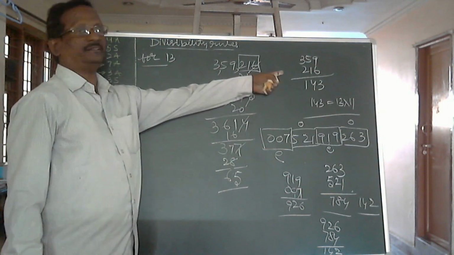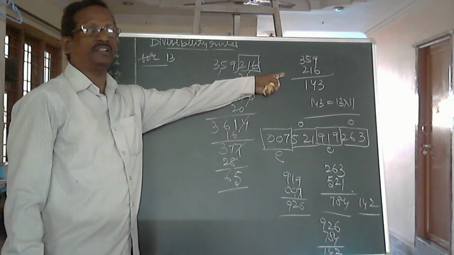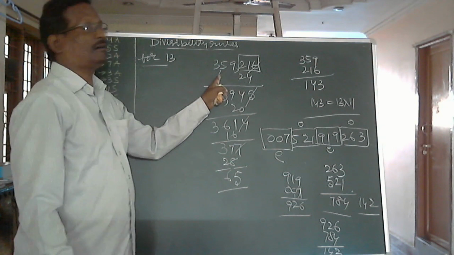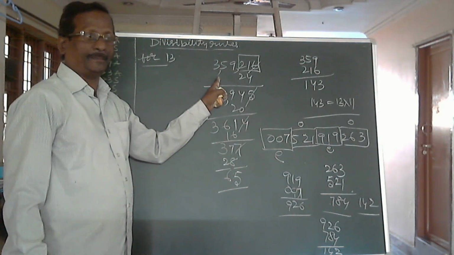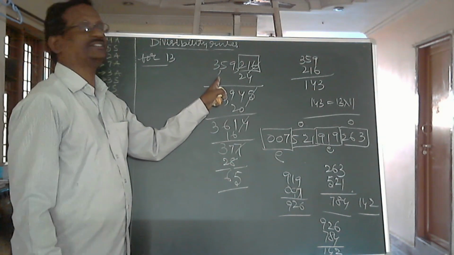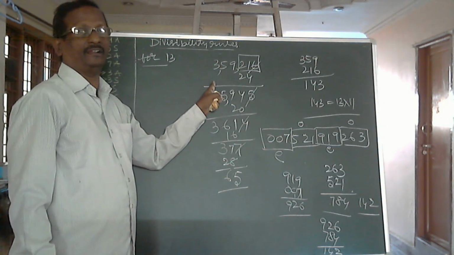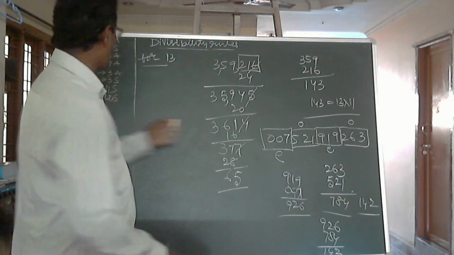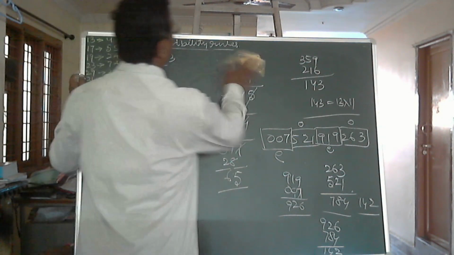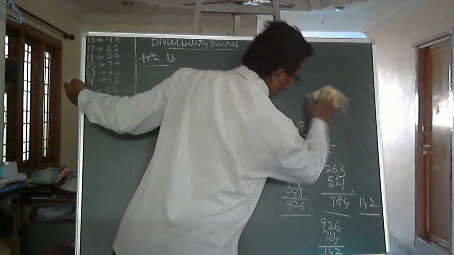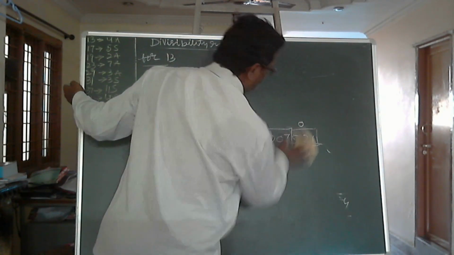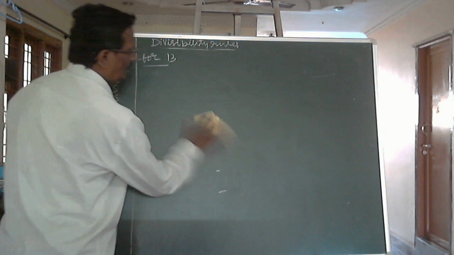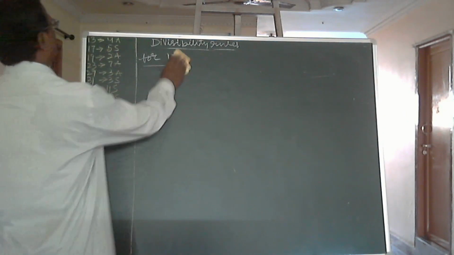So either by dividing the total number into three-digit blocks, or cut the last units place digit, 4 times the digit which we have cut is to be added to the remaining number. Repeat the process till we get a smaller number. Next, prime number 17. For 17, we have to add 5 times the last digit.